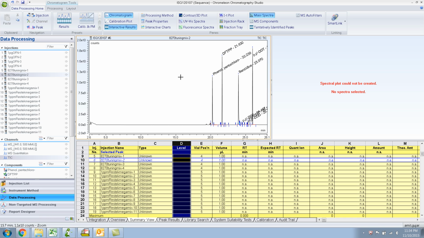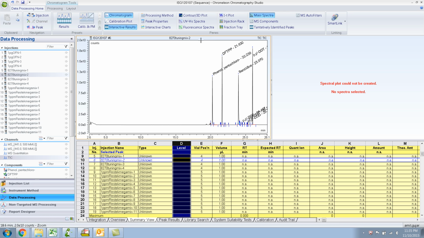Those of you who are working in the environmental field must be familiar that after certain injections you shoot the 80 to 70 tuning mix, which contains a certain group of compounds that you check for tailing, and if the ion ratio criteria which is set by the EPA still passes or